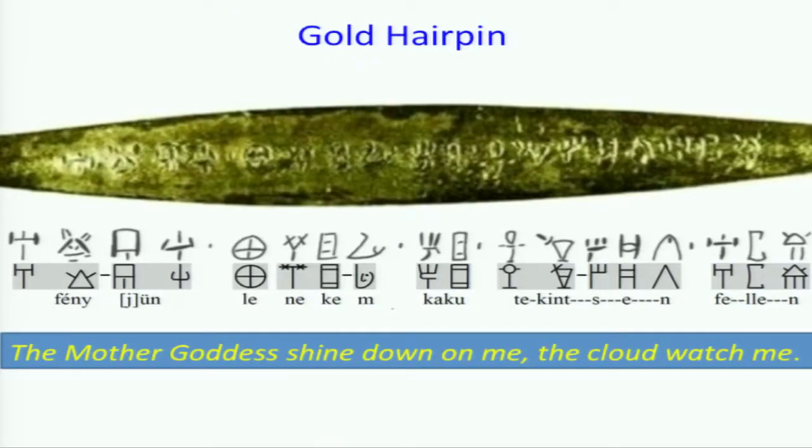The other one is another jewelry. This is a golden pin, a hairpin. And when we plug in the same values here, I don't even repeat it syllable by syllable. I just repeat the word, fény, light. And then this is some conjugation, fényen, lenekem, so